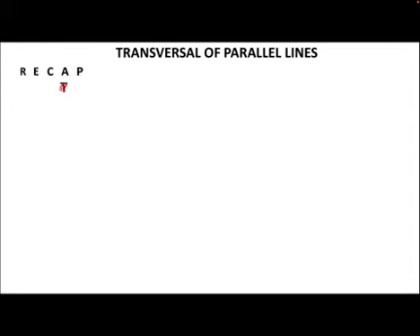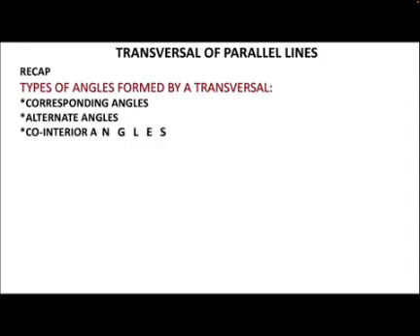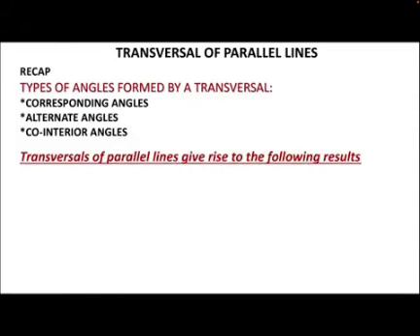Recall, types of angles formed by a transversal are corresponding angles, alternate angles that are alternate interior and alternate exterior angles, and co-interior angles. Now, transversals of parallel lines give rise to the following results, children, in the sense that let us see how